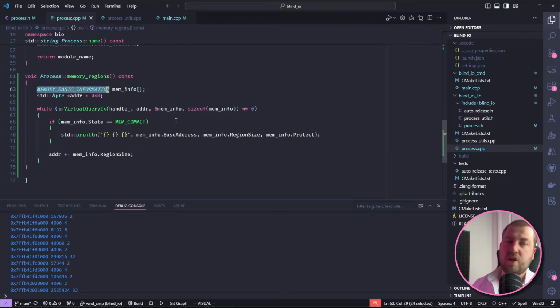I don't want to talk in terms of Win32 types. I don't want to hoof around my project a memory basic information struct. It's very Windows specific. It won't port to Linux. Let's build an abstraction which just encapsulates the bits of data that we care about, and then if we want to port to Linux, it might be a bit easier.